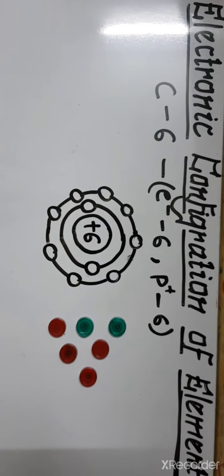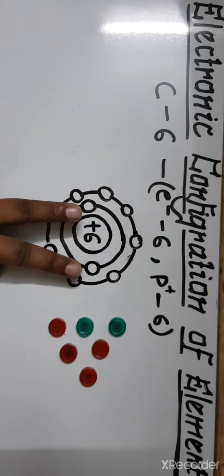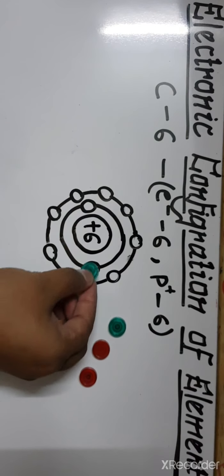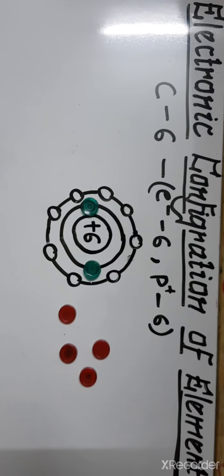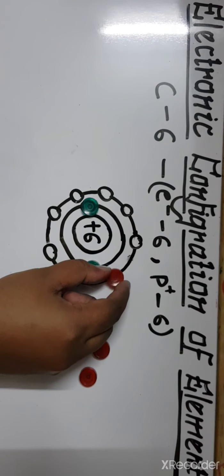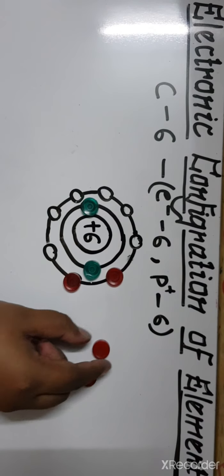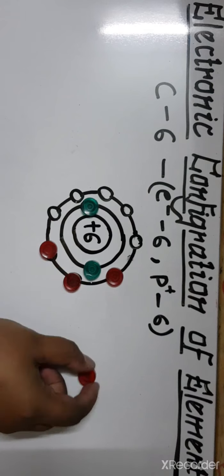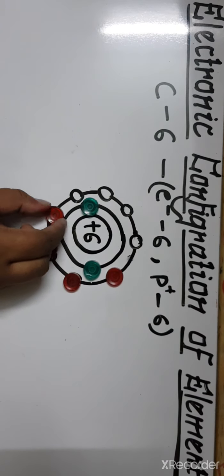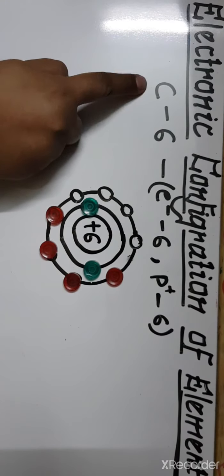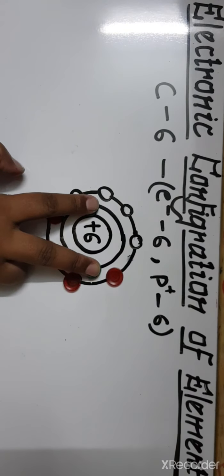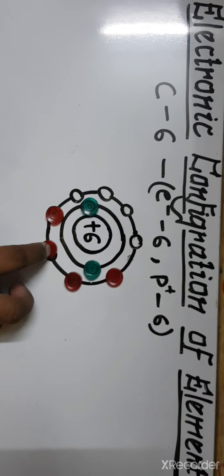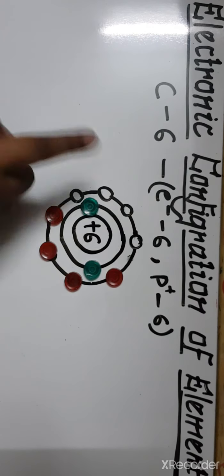From where do we have to start? Obviously we have to start from the first shell, which is the K shell. So we are placing the electrons first in the K shell. Then where do we have to place them? In the second shell. How many electrons do we have to place here? 1, 2, then 3 and 4, because the number of electrons in a carbon atom is 6. So we have placed the 6 electrons over here: 2 electrons in the first shell and 4 electrons will occupy the second shell.